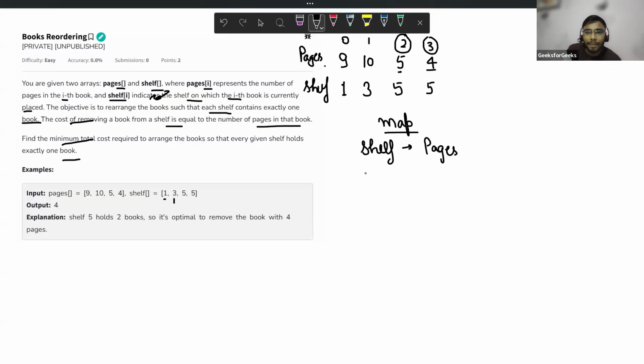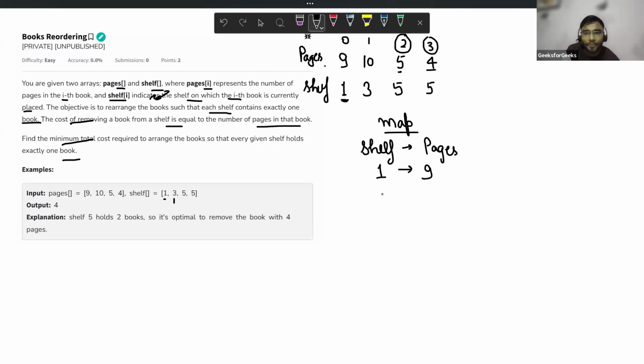In step number one, traverse through the shelf array and see if this shelf is already present in the map. Initially it is not present. So in shelf one, place a book with pages 9.